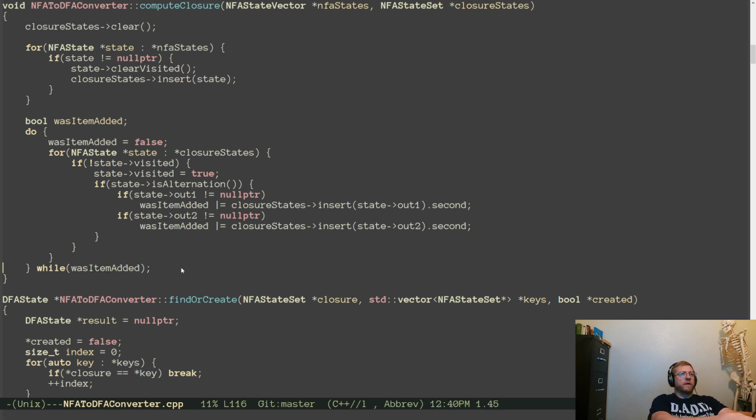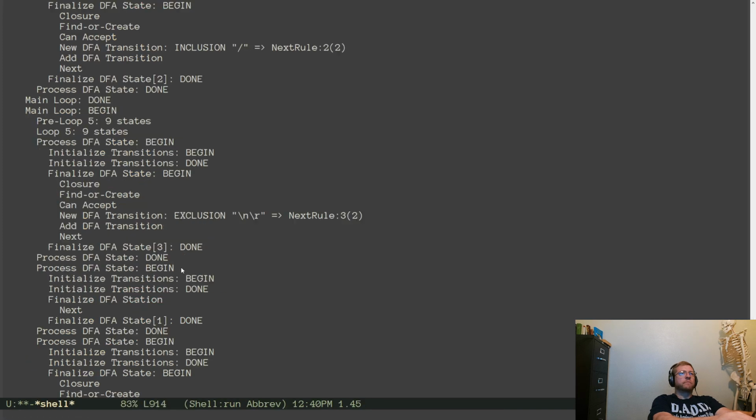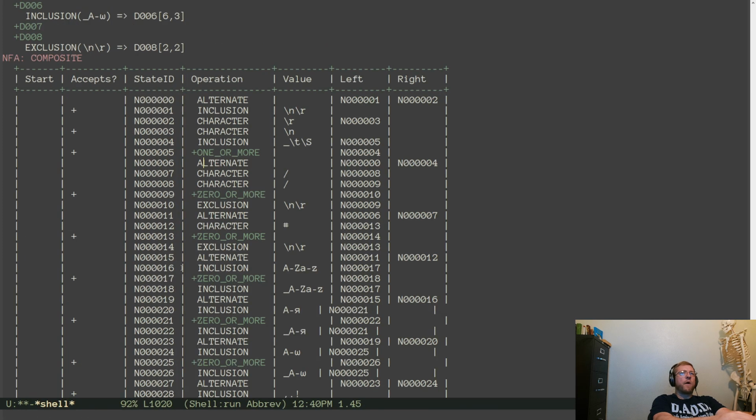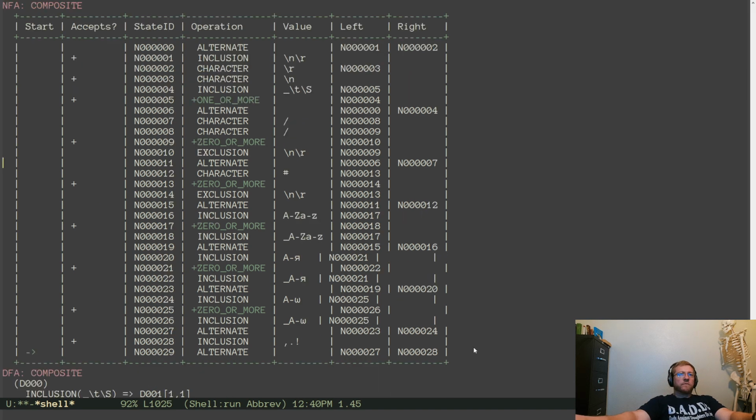So we look at our NFA table. Somehow never finds this one.